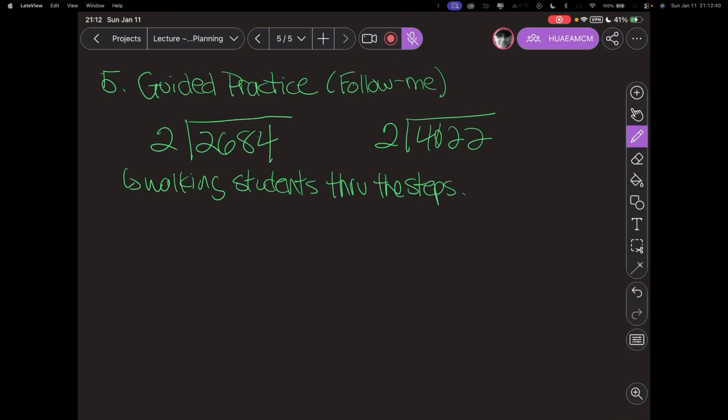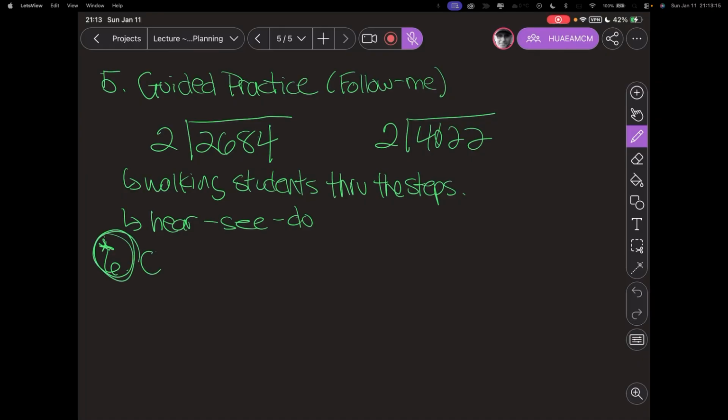Okay, and then the next step kind of comes hand in hand here. I also want to write down that this is the sort of hear, see, do portion of the lesson as well. Okay, and then we're going to move on to the next step, which is step 6. But the cool thing about step 6 is that it occurs throughout the entire lesson. So if we want to put a little star beside that or circle it or something, right?